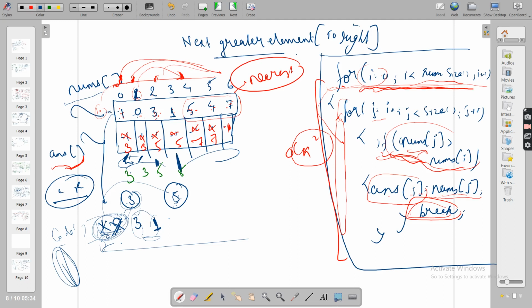So the first thing is, you removed them, so you're avoiding unnecessary comparison. If they're not here, then comparison is not needed. You'll not check whether their NGE is already calculated or not. Do I need to calculate their NGE right now? No, you got their NGE, you removed them. So 5 will not see these two elements anyhow. Can I be their NGE?